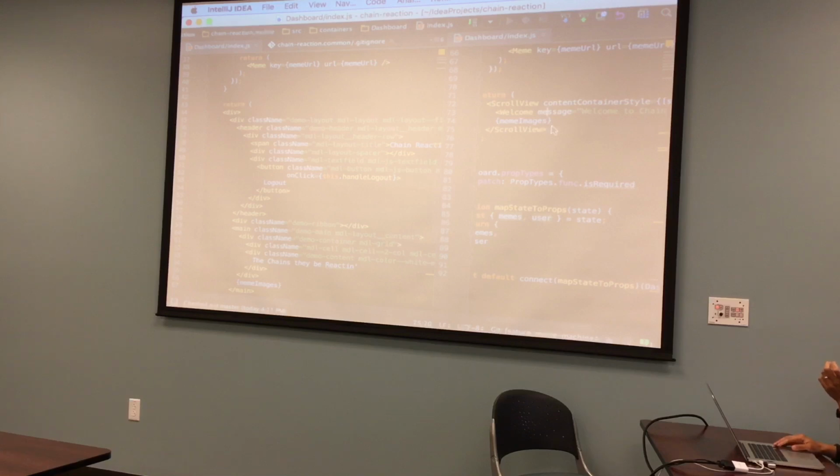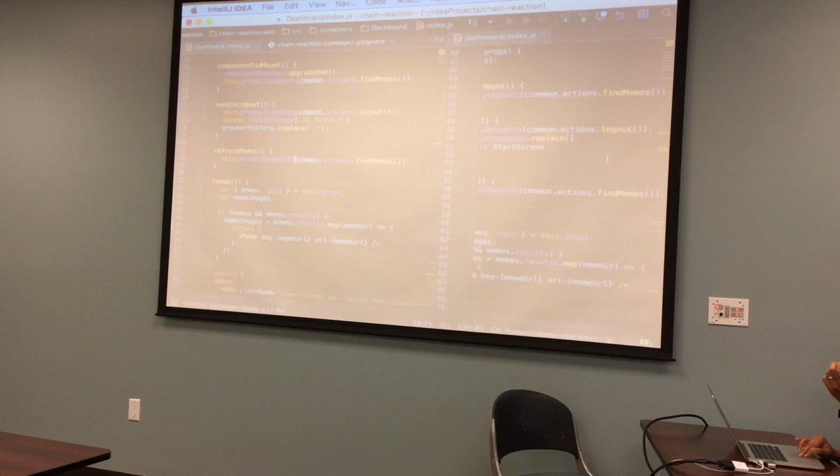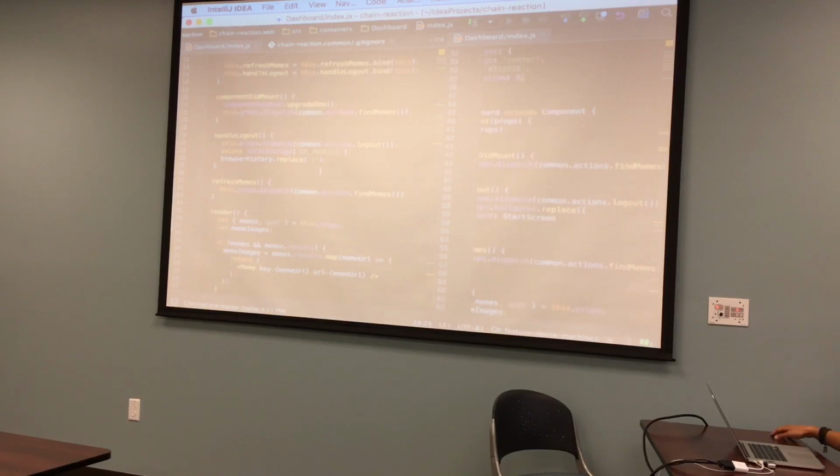And you can see here, it's basically JSX style. So we have a scroll view, a welcome message, and all my memes, versus the stuff over here on the web. But if you look at the stuff they call, it is the same exact things. I'm refreshing memes. I am common actions find memes. I'm logging out. I'm finding memes when I mount. So it's the same exact code base across